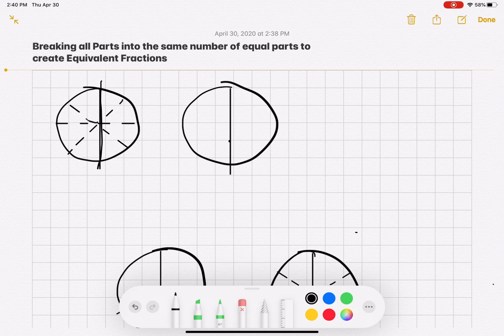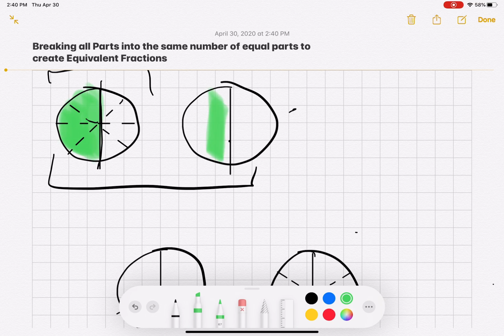Right, so we're breaking all parts into the same number of equal parts to create equivalent fractions. So let's look at the first pictures here. If I'm looking at these, this first one has been divided into 1, 2, 3, 4, 5, 6, 7, 8 parts, and this one over here has only been divided into 2 parts. So if I shade this,